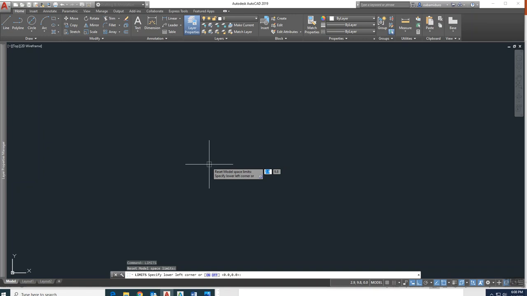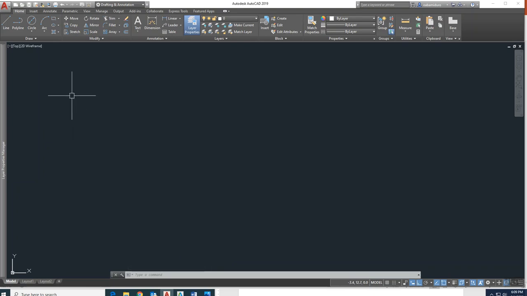So for my limits, my drawing limits is just think of it as a rectangle, and my starting point is always going to be 0,0. That's my lower left-hand corner, and then how far out I want it to go in terms of a rectangle. I want it to go a 9 by 12. So that's going to be 9, 12. So this whole area that I'm working in is a 9 by 12. Okay. Now